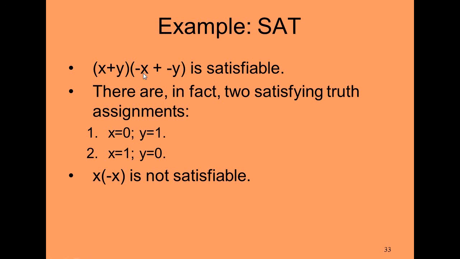We can prove this. As per our discussion, this expression will be satisfiable for some values of x and y. This expression gives you one value, that is the true value. There are two possibilities for the x and y combination. Since these two values with opposite values can make this expression true, one case we can consider is x equal to 0, y equal to 1, and the other is x equal to 1 and y equal to 0. So this expression will be satisfiable, but this other expression will never be satisfied.